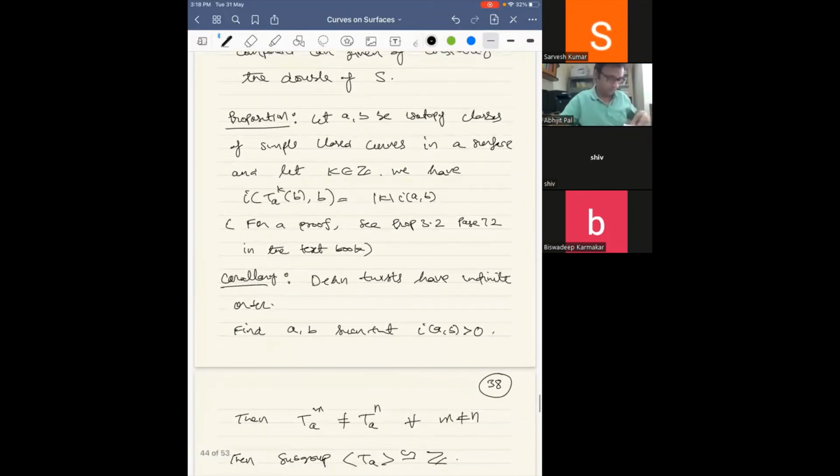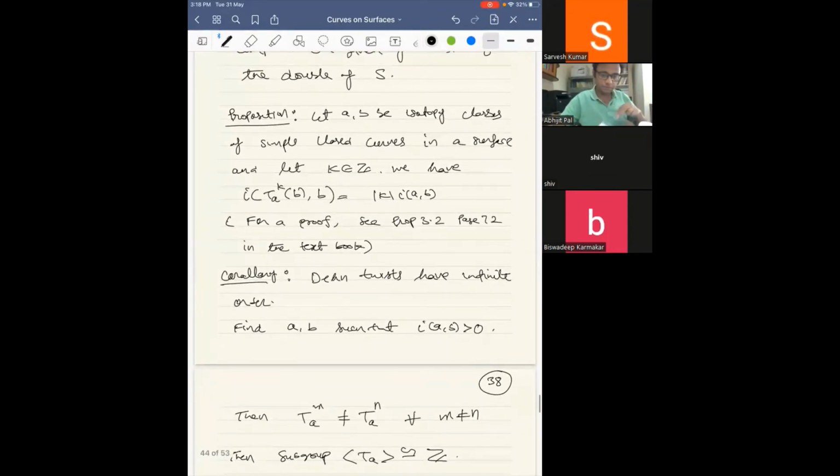So the next thing is a proposition from the textbook, and I have skipped the proof of this. Let us look at this as a statement. It will be useful for us. It describes how, if you take powers of Dehn twists and look at the intersection number, it behaves. Let A and B be two isotopy classes of simple closed curves, and k be any integer. What is the intersection number of